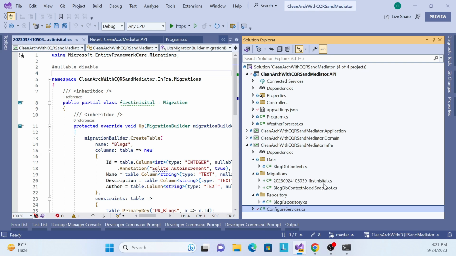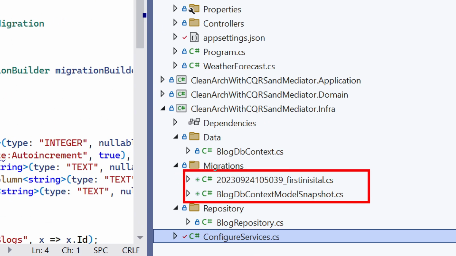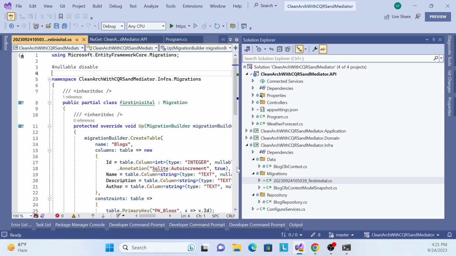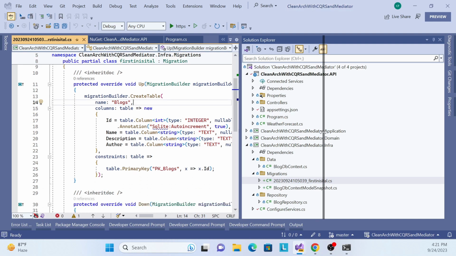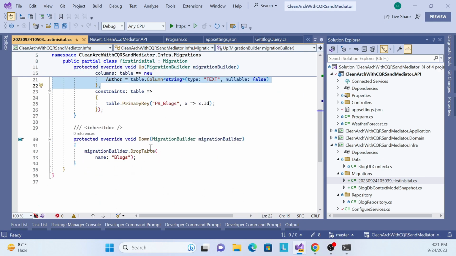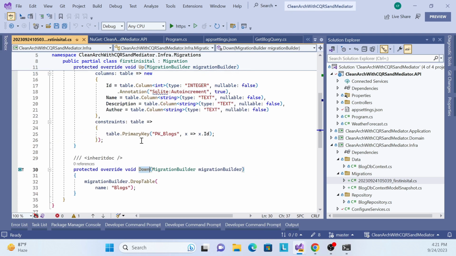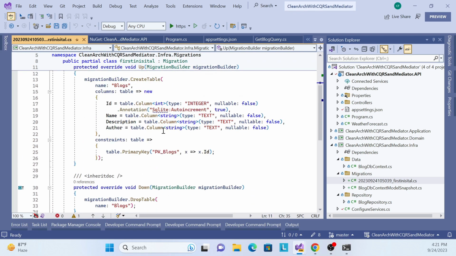Inside this folder, the two classes, I mean two files, will be generated also. One is the snapshot, and another one is whatever our query or whatever our entity is. Okay, so in here it generated create table, its blog table will be generated with these parameters. And down also, there's up and down actually. So see, there's an up and down, so it is created